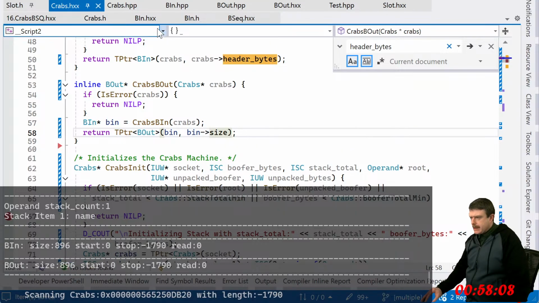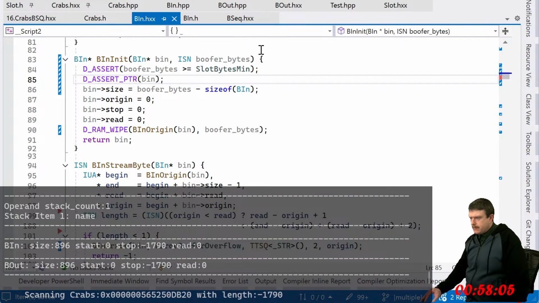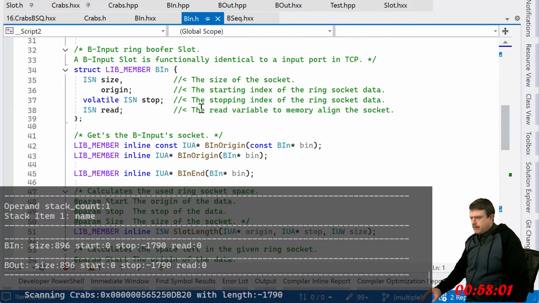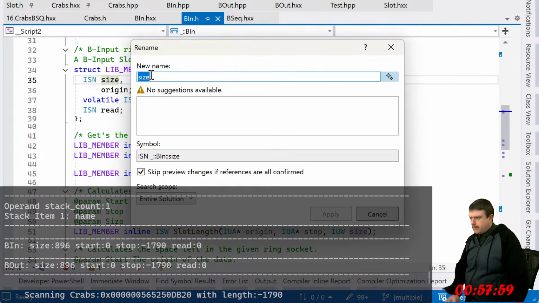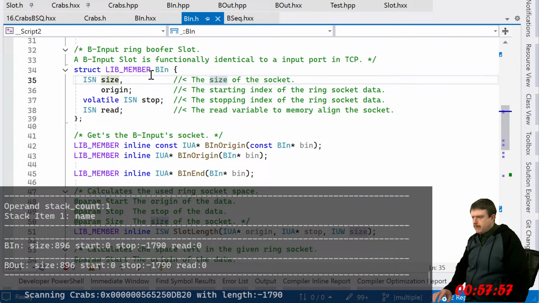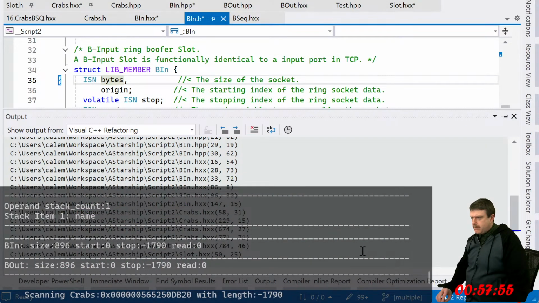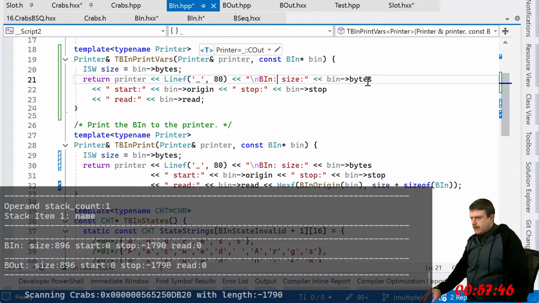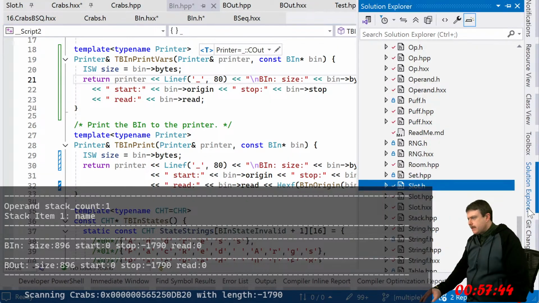Why does it say size? Stopped doing it like that a long time ago, so obviously this code is really old.